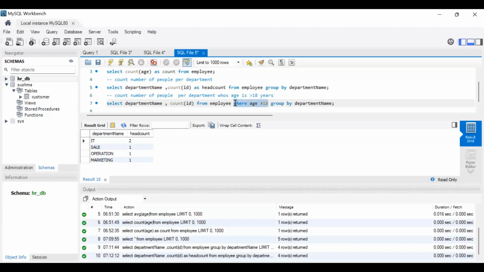So this where will filter out. Right now, what is happening? It is getting all the records. In the previous one, I don't have any filter. So for each department, it is getting the head count. But now I want to apply one filter. I don't want to get every person. I want to get only those people whose age is more than 18 years, adult. So from employee, then you have to put a filter here. Now if you run this command,